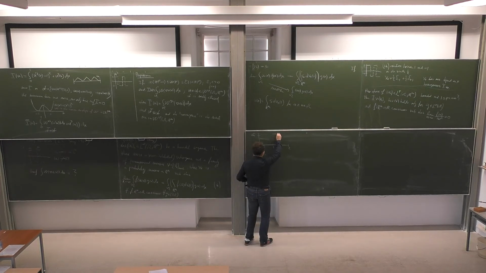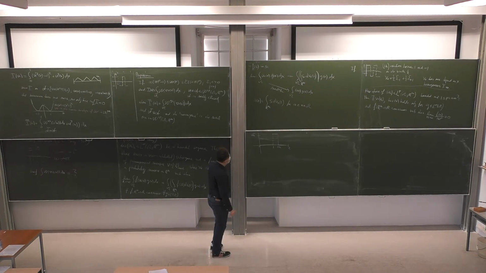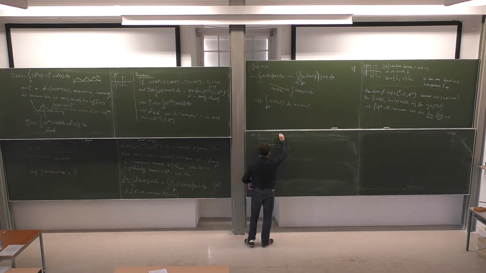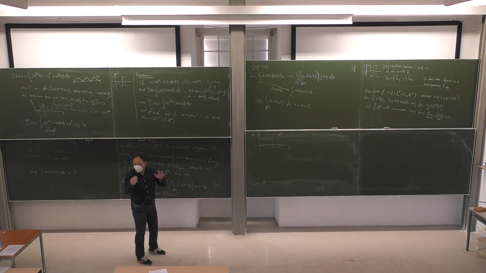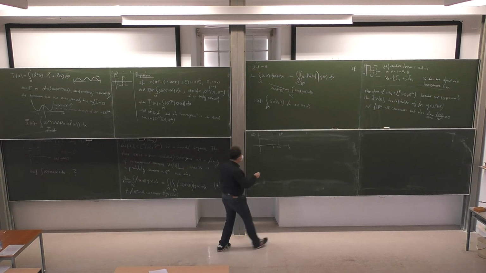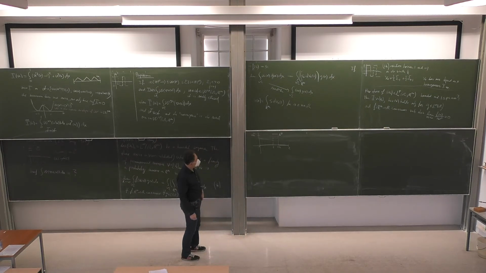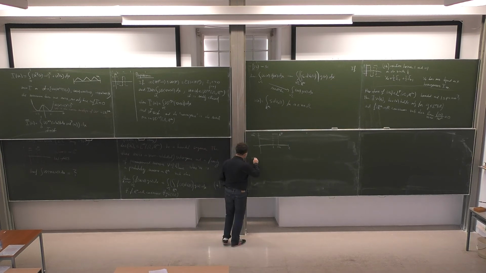And in this little interval, there will be 0 again. And in this little interval, this will be k to 1 over p. So if k goes to infinity, I get something thinner and longer. And then it's again 0 here. So this is a sequence which is bounded in L^p. The integral is 1. So u_k is bounded in L^p.